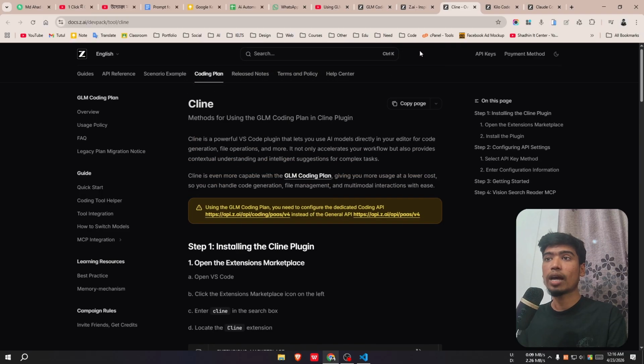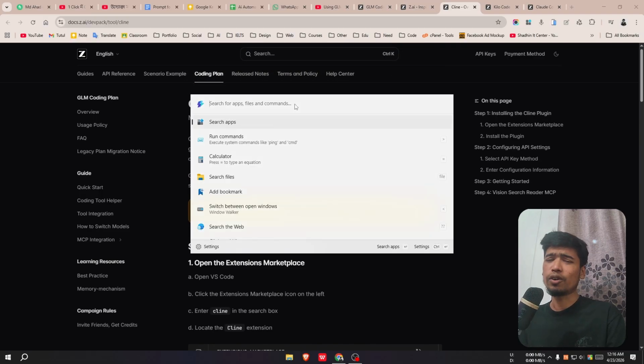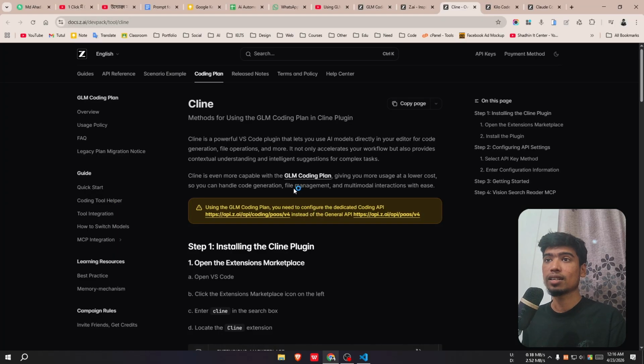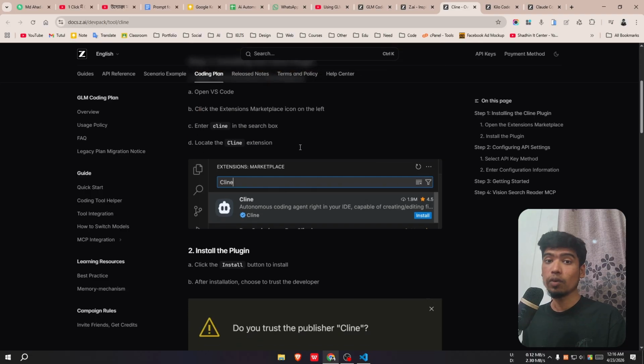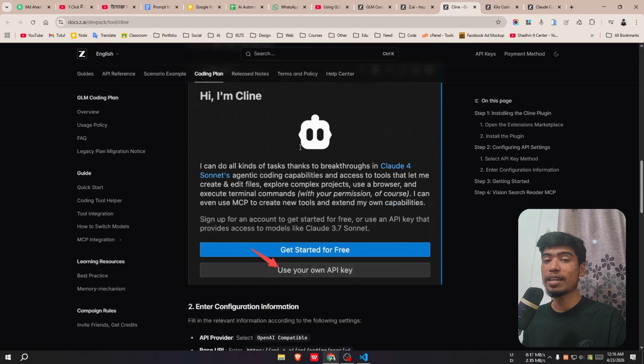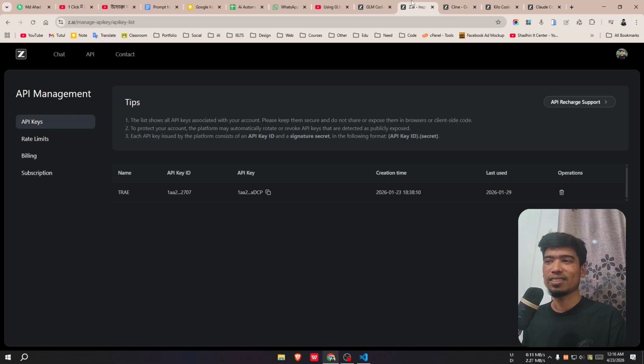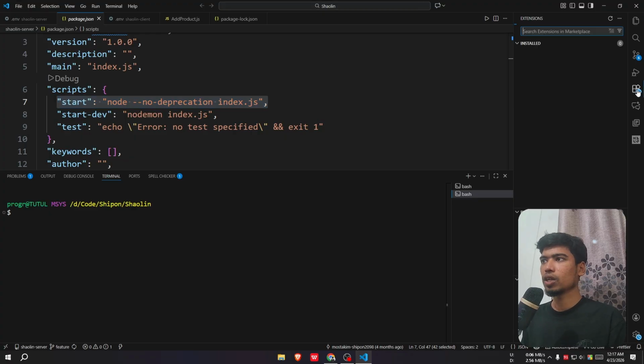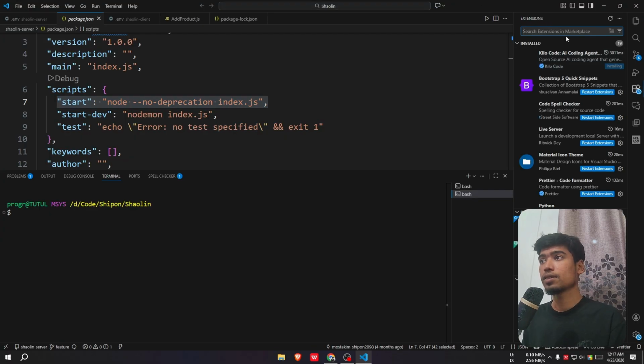First of all, we have to download Visual Studio Code. I hope you already downloaded and installed that. Then you have to come to the documentation page of the AI and search for Cline. By the way, of course, you need a paid API key to connect it, which I already bought last December. Let me open Visual Studio Code first and go to the extension panel and search for Cline